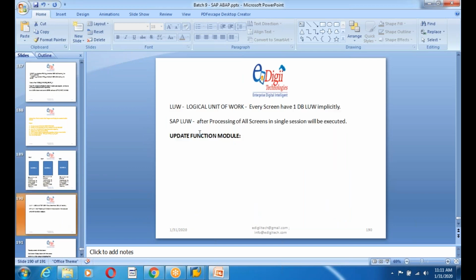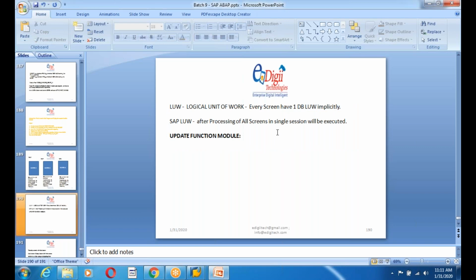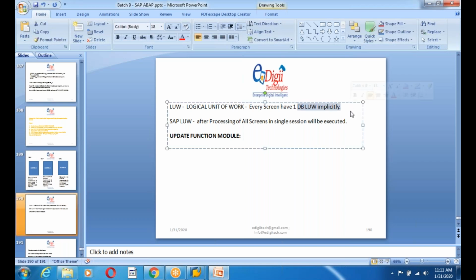Okay. So logical unit of work. Every screen has one DBLUW implicitly. So DBLUW means it automatically performs a commit work, guys. So SAP LUW: after processing all screens, a single session will be executed. So the update function module will be used to provide data consistency